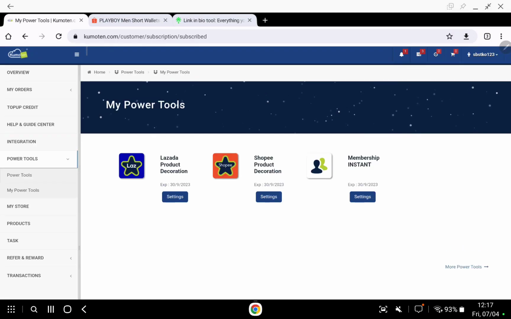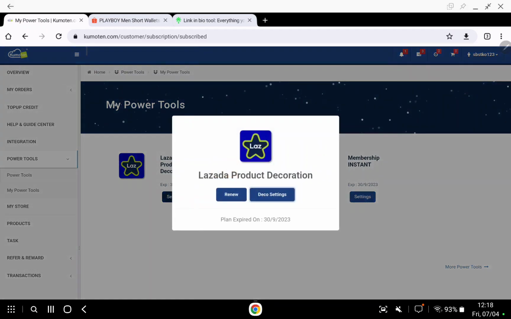Now if you are an instant member, you get free Lazada product decoration and also Shopee decoration. So let's say you only sell on one platform, let's say Shopee only. We also recommend you to do this setting at Lazada and Shopee as well, just in case next time you want to sell on each platform. So it's better for you to just set up these two first. Alright, so click on setting, click on deco setting,